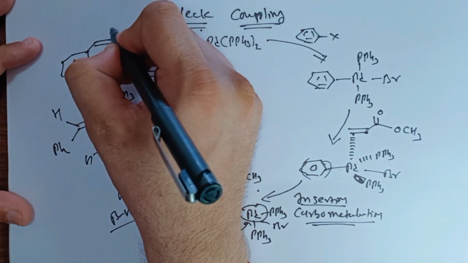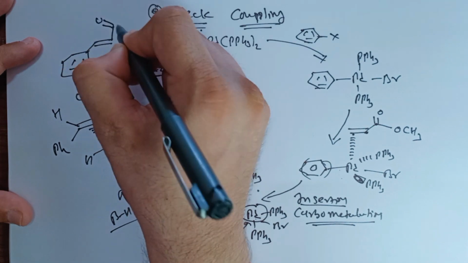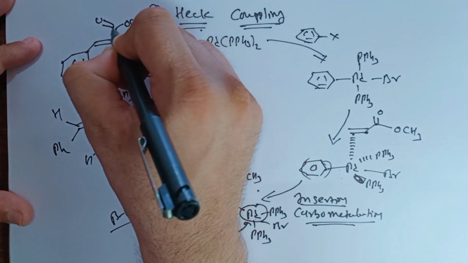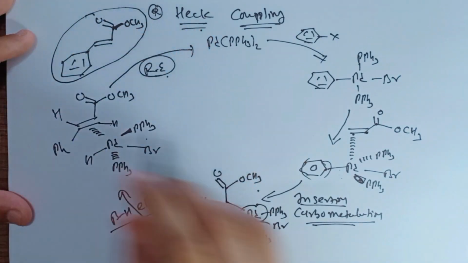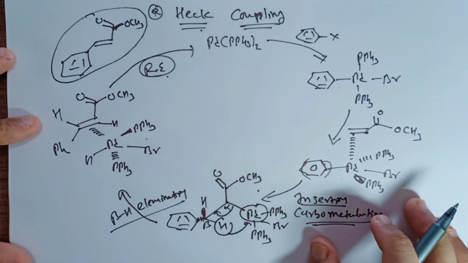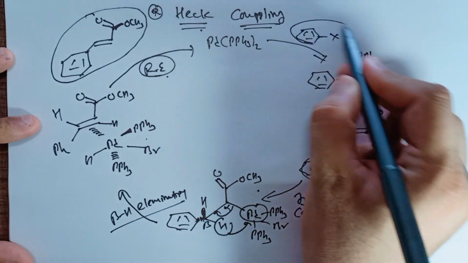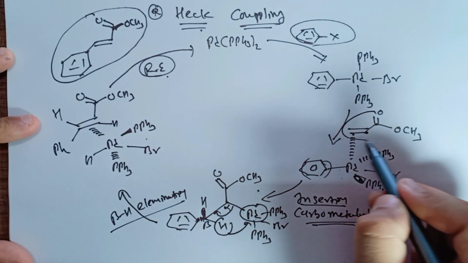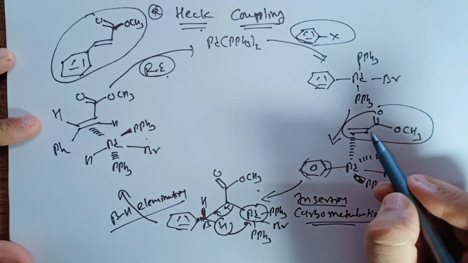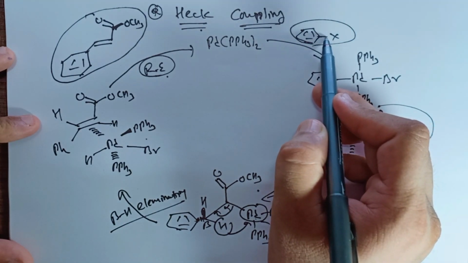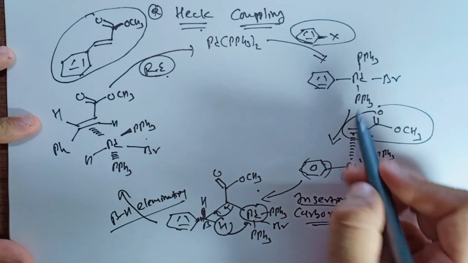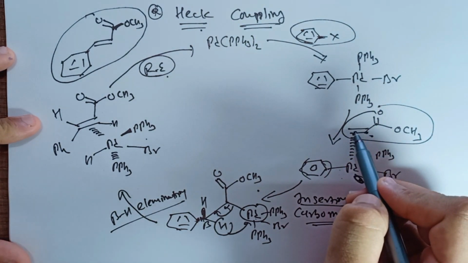Here we are having C double bond O that is attached with the OCH3. Okay, so this is our product. So now if you are looking from here, this Ar dash, when it is treated with this compound, this whole compound will be attaching towards this carbon. Okay, this carbon. So now this is known as Heck coupling.